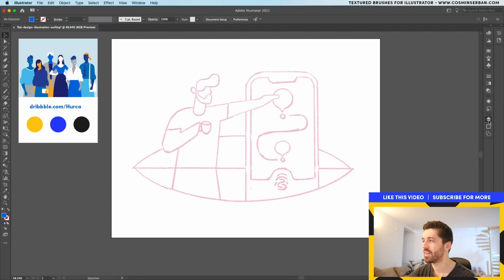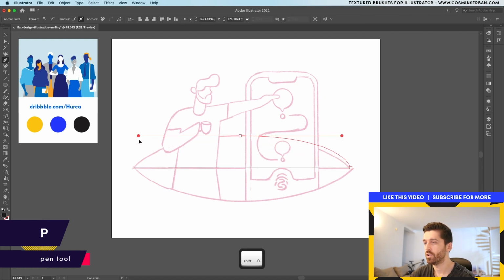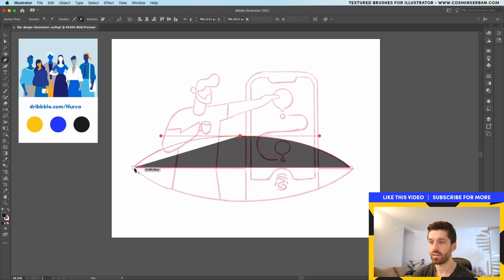To get started, first let's take a look over the layers. We have the sketch on top. It has a lower opacity of about 20 to 30%, and then underneath we're actually going to create the illustration using this as reference. With the black color selected, I'm actually going to start with the top part, drag a huge curve over here while holding down shift to get it straight, and then close it off.